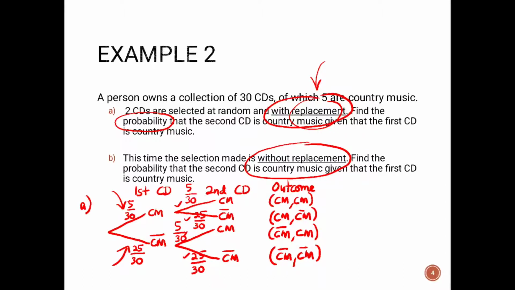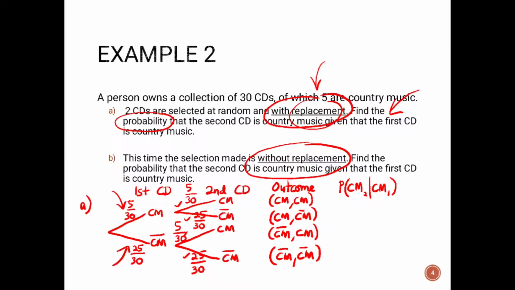Okay, what is the question now? Find the probability that the second CD is country music. So to denote that, we write CM2. Okay, this is CM1. I mean the small 2 is to denote this is during second selection. Okay, given that the first CD is country music. So this is actually referring to,